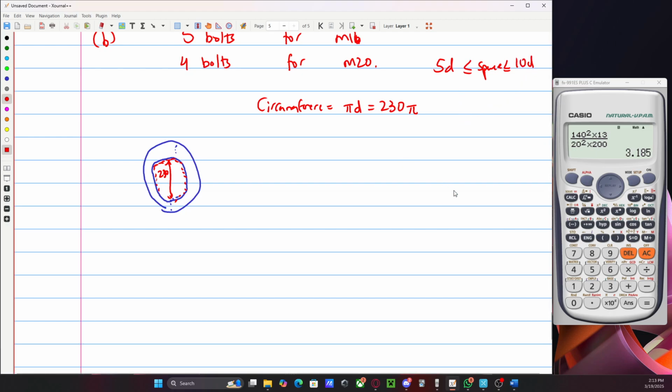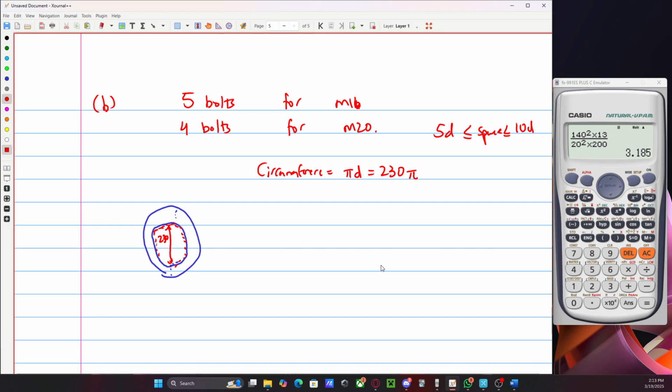Now, how many bolts do we have? Let's check. We have 5 bolts for M16. So let's look at M16. If I have 5 bolts, so 230 pi divided by 5, let's check what this gives us. So 230 pi divided by 5 gives us 144.5 millimeters